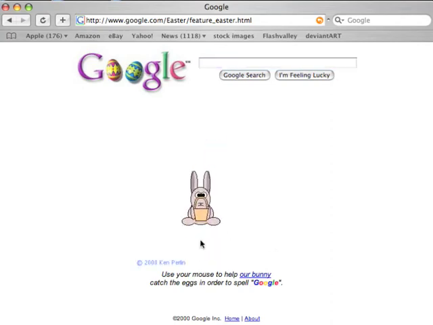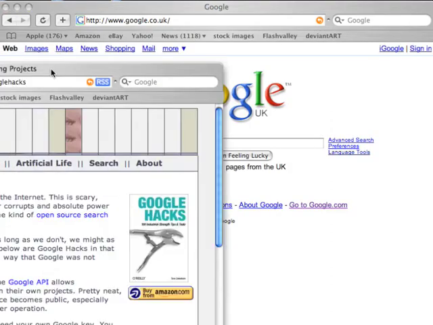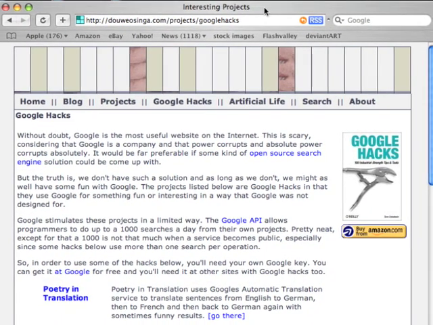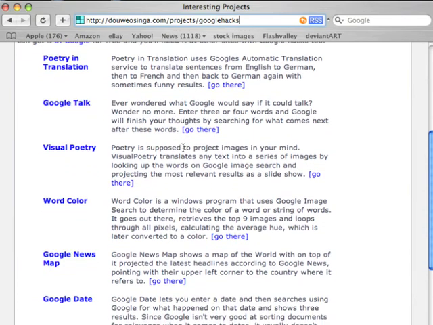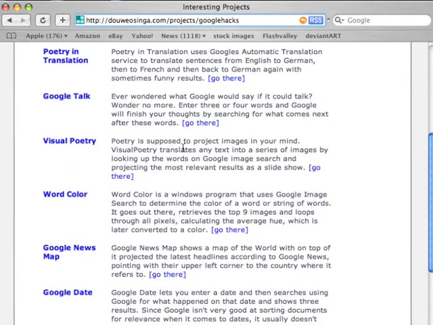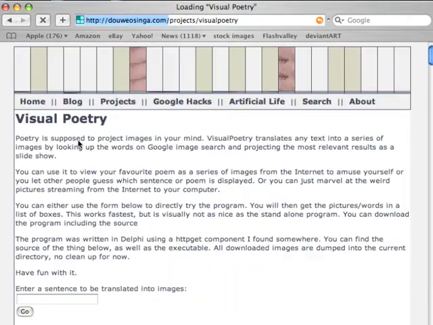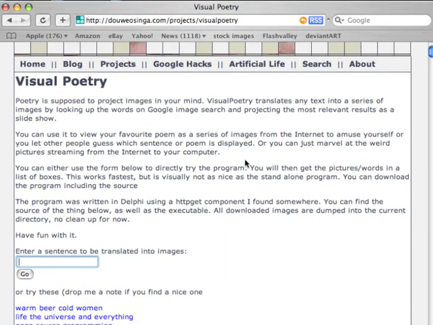An example of Google hacks used for creative purposes is this website. The Google API is used to create interesting and creative applications such as visual poetry. This application uses a Google API to generate images from words in a sentence. So by typing in a sentence or a series of words, the application then gets images from Google and puts them into the order